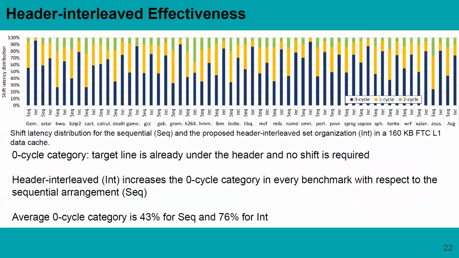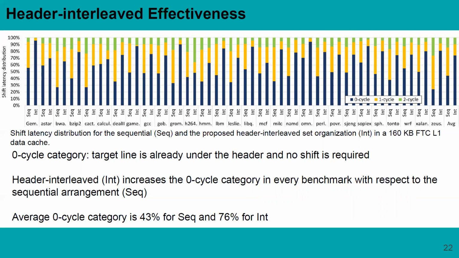This figure refers to the shift latency distribution and shows the effectiveness of the proposed header-interleaved line arrangement. Each benchmark in the x-axis includes results for the sequential, or seq, and proposed header-interleaved, or int. 3 categories are shown. The 0 cycle means that the target line is already under the header and no shift